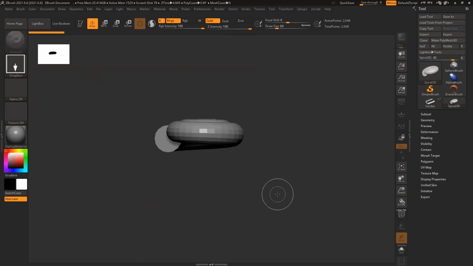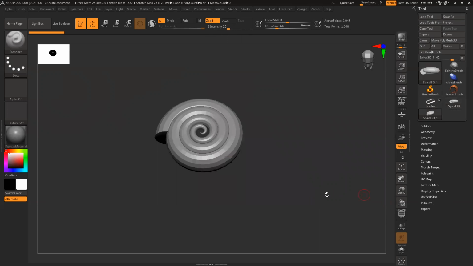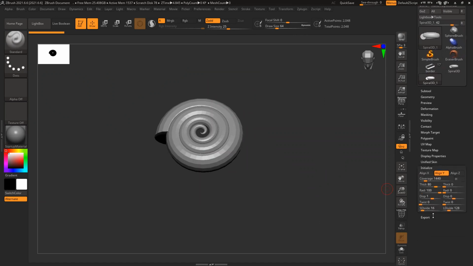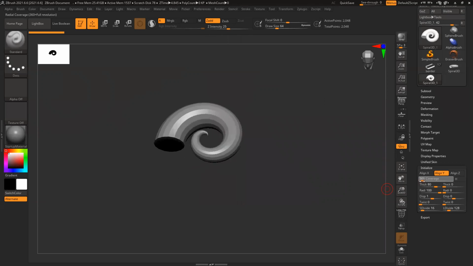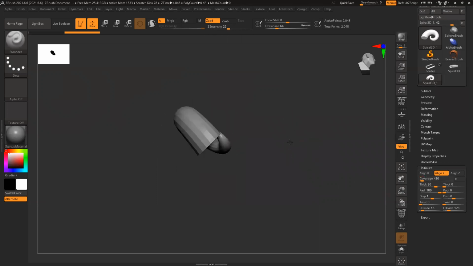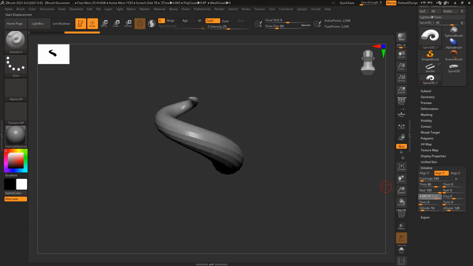And that ring thing I need to create. Initialize. Let's see. Eleven, maybe 8.